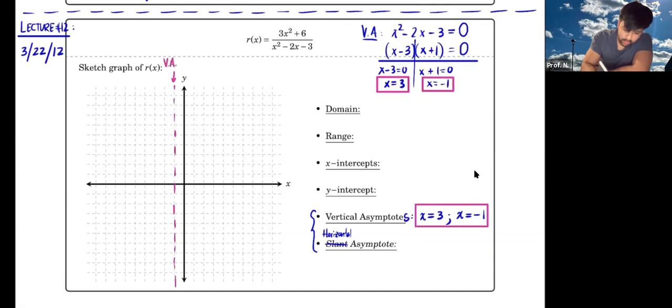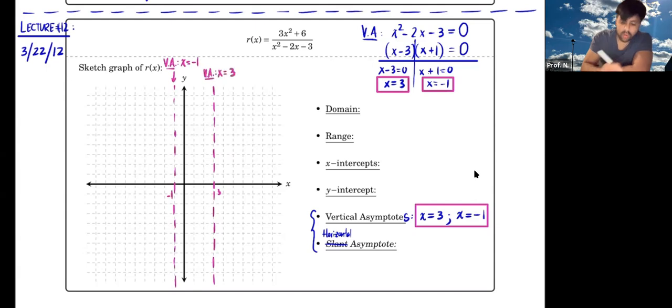I'm just going to write this as vertical asymptote x equals -1, and then add 3. 1, 2, 3, right? And this is a vertical asymptote,